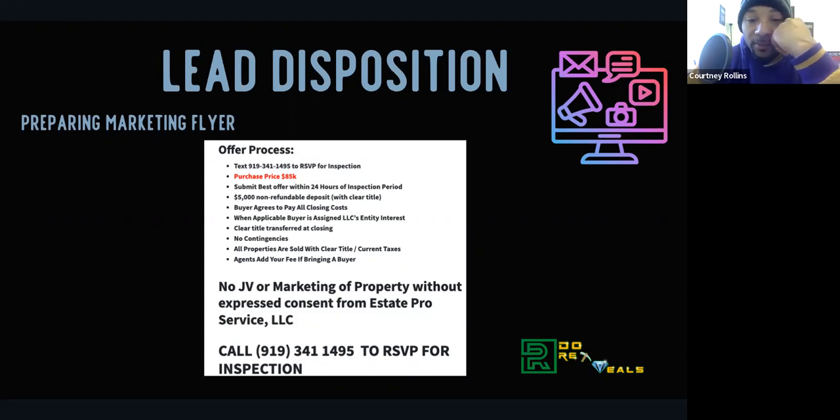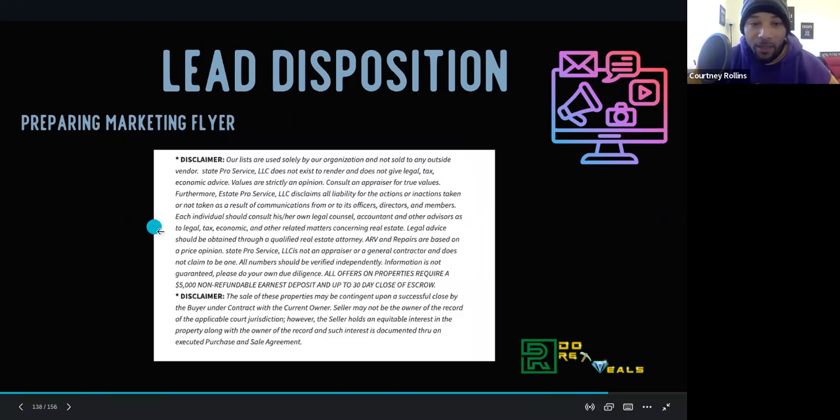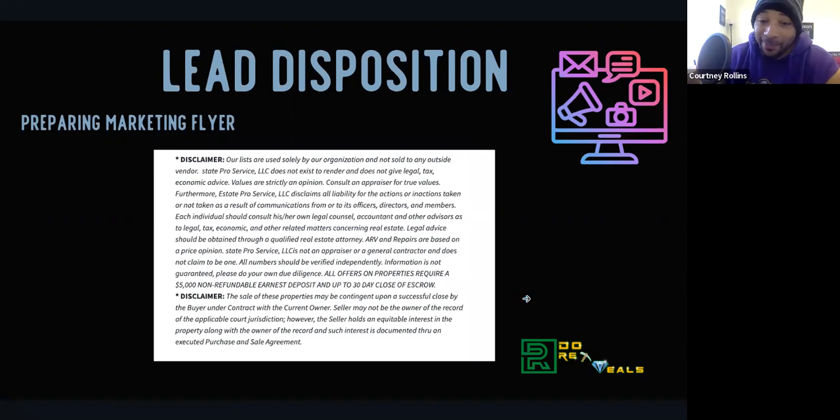And again, a little bit loud and proud, how they can find you to set up the inspection or what the access is. Do not put the lockbox information up here, even if you have it. This right here, I copied and pasted from somewhere, and I probably should vet it with an attorney, but it's just something that claims that I'm not giving legal advice. I'm not an appraiser. Everyone needs to do their own due diligence, and that I'm selling the contract and all. And this lays out for them that